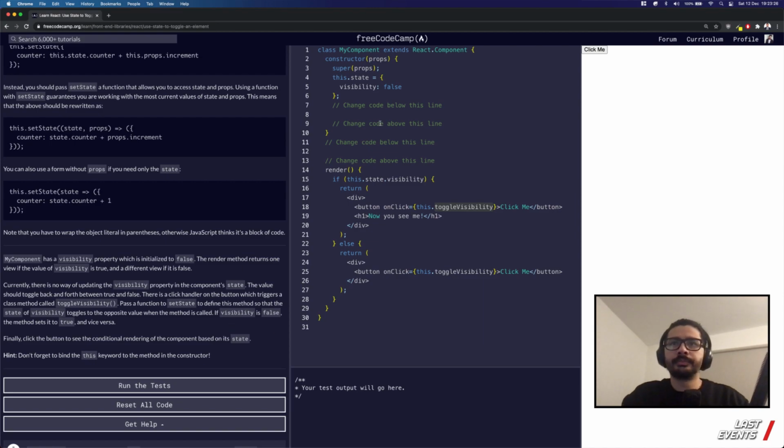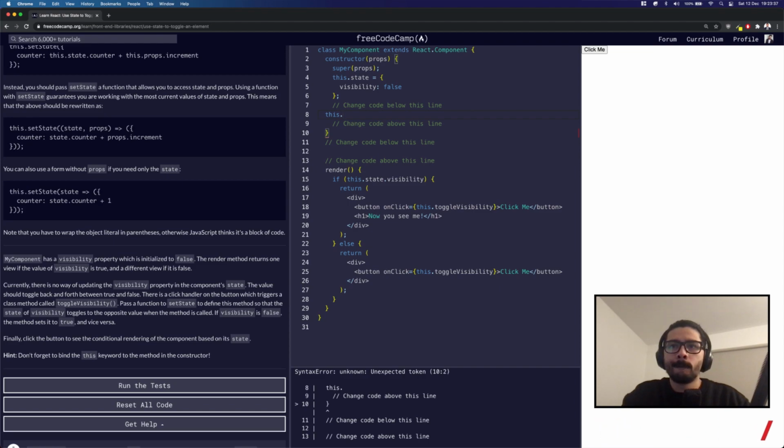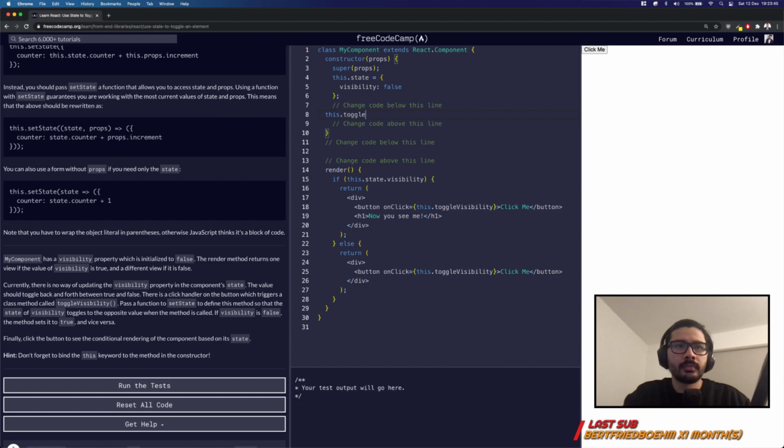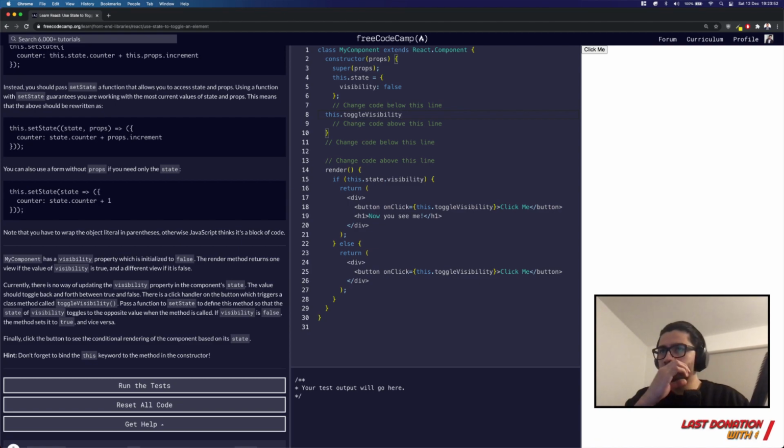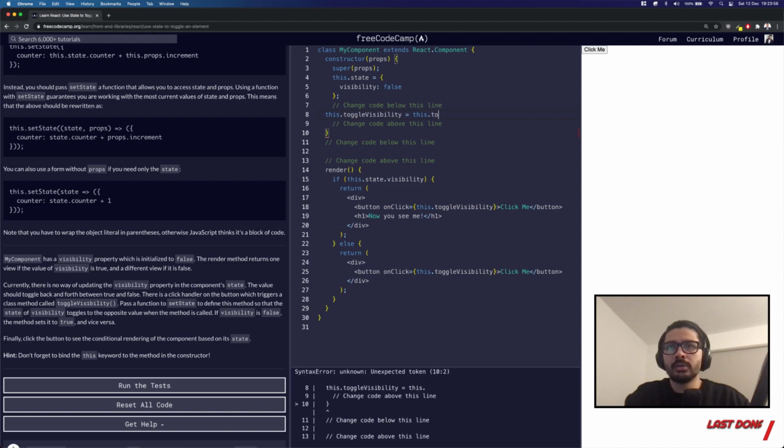All right. So first things first, we need to bind it somewhere, right? This dot toggle visibility equals this dot toggle